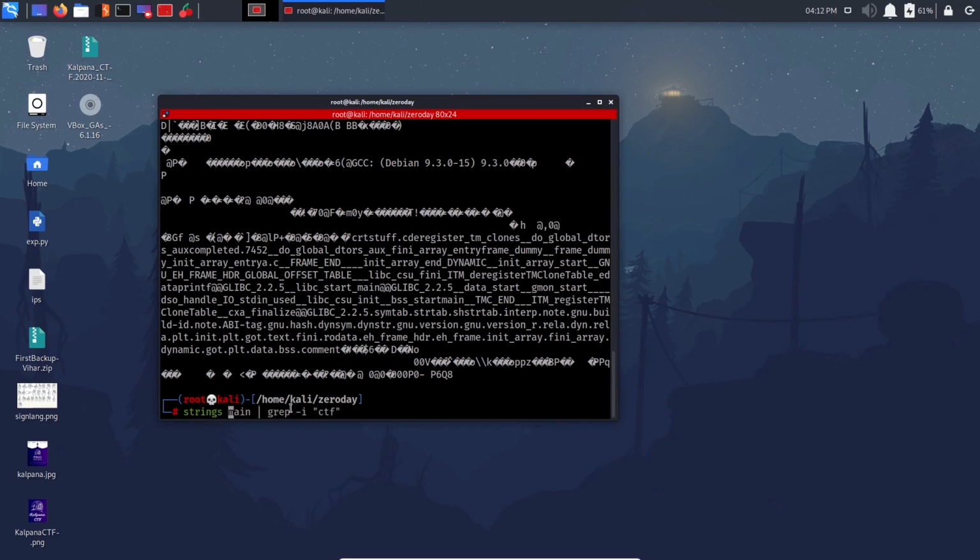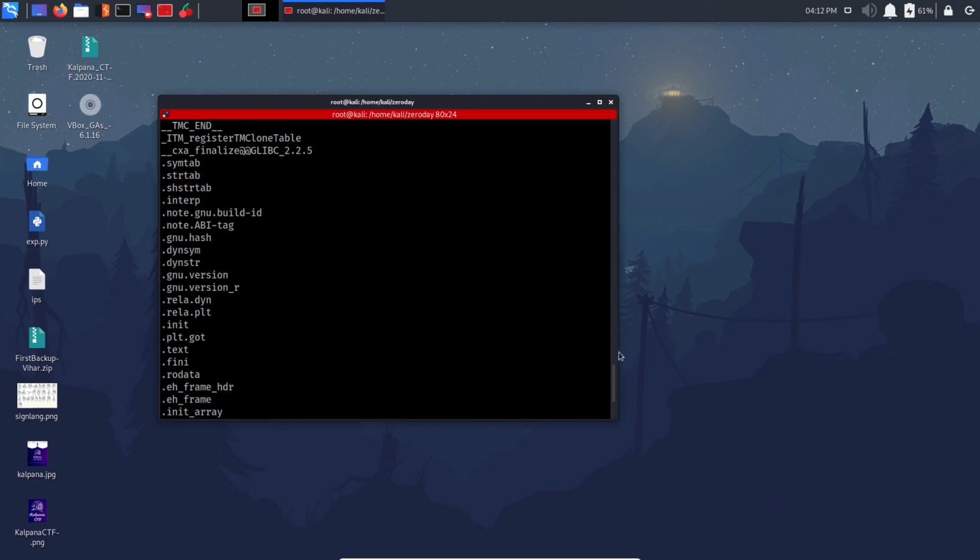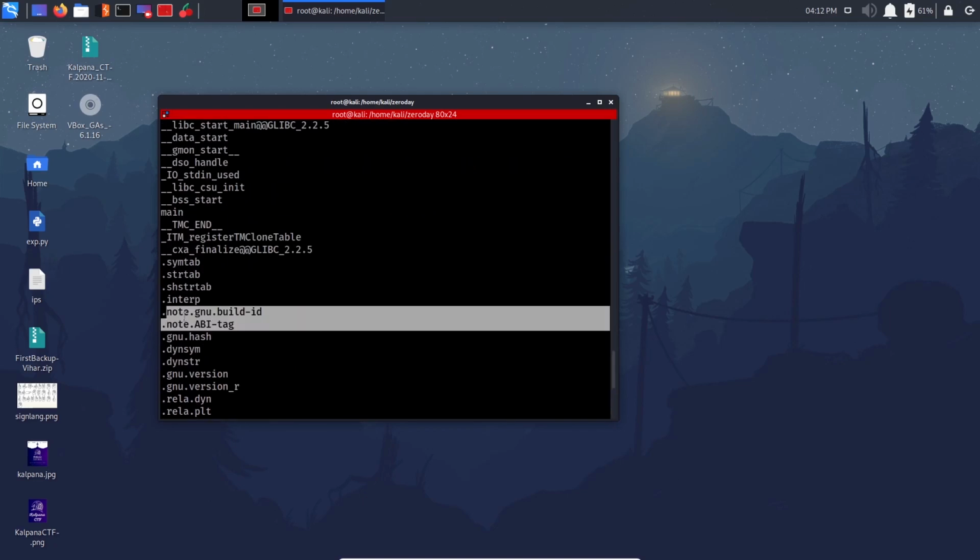This is the command you see here. It's actually a famous one we use for most CTFs. For example, someone hid a password in this main file. We get all the strings, that is the human readable text, and then if you grep for password, or for CTF, we'll get all passwords that are stored in it if it's in plain text. So if I do grep with strings a.out, these are the readable text we can see.